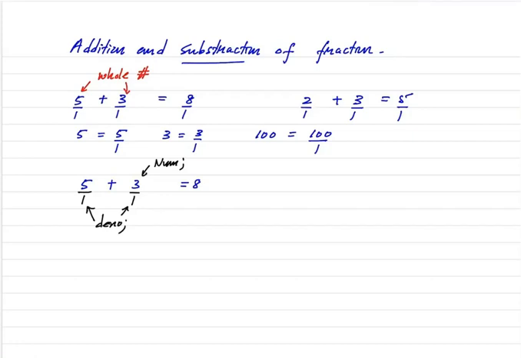Now, you can add the numerators. What I'm saying, you can add these two if these two are equal, right? That is the summary you can see from here. Can you see that? These two are equal so that these two can be added together. So that would be 5 plus 3, 8. Now you are going to copy your denominator. So answer would be this, right?